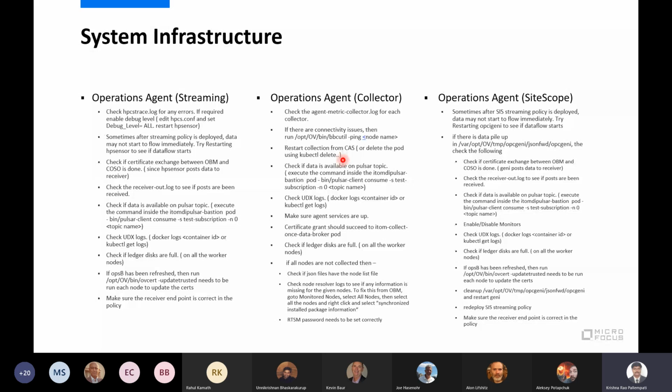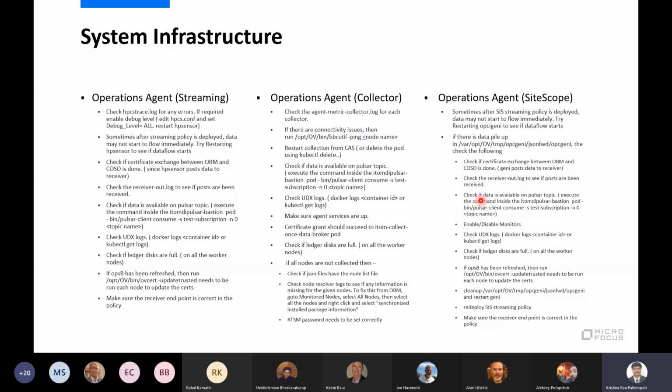And in case of streaming the agent SiteScope data, again we need to go to the SiteScope system and verify all these things, these two. And the rest of this flow is similar to what we have here after this. Okay, so this is the collection side.